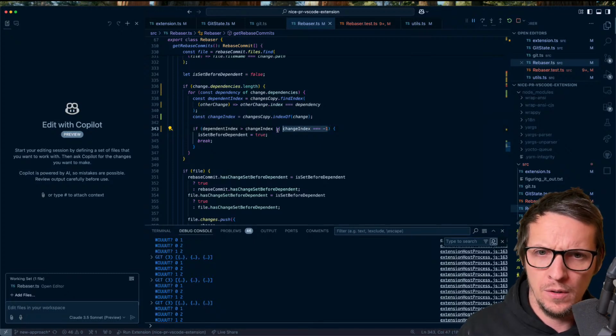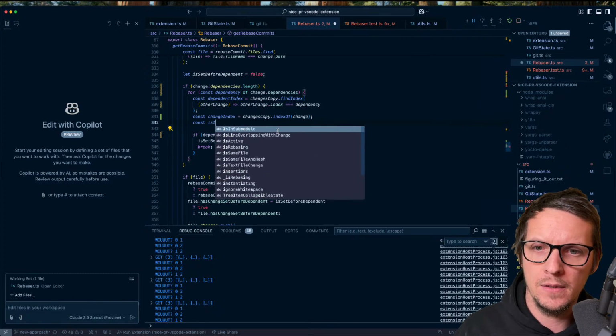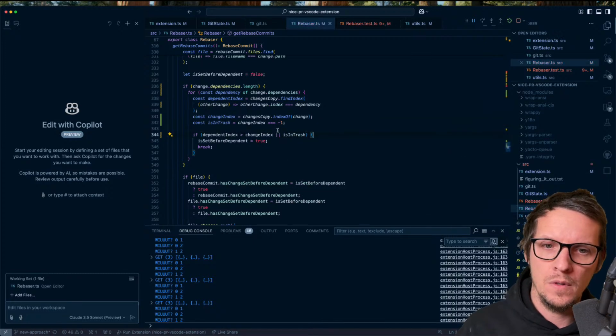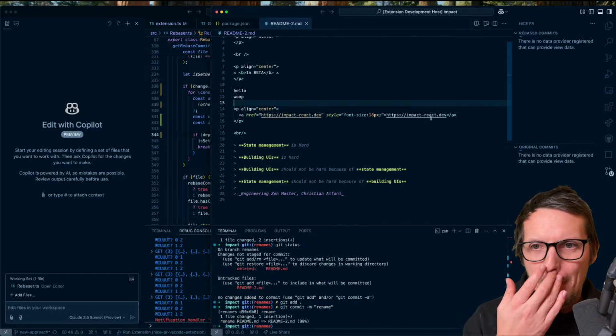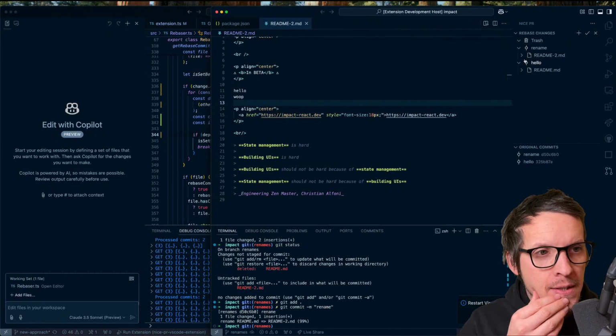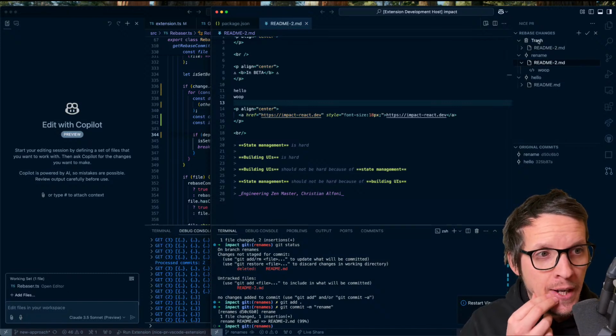So maybe you can be explicit about that: is in trash. Now if I do this and we have this rename and I choose to put the actual rename into the trash,